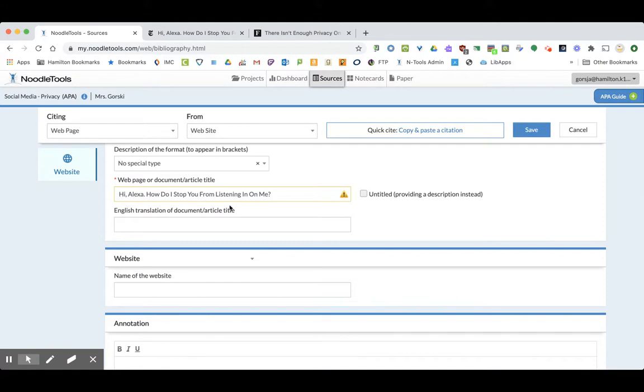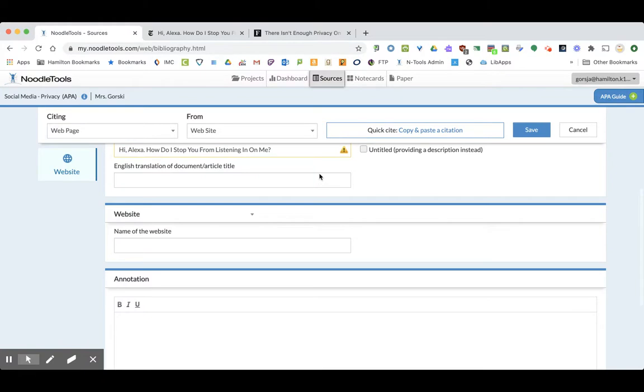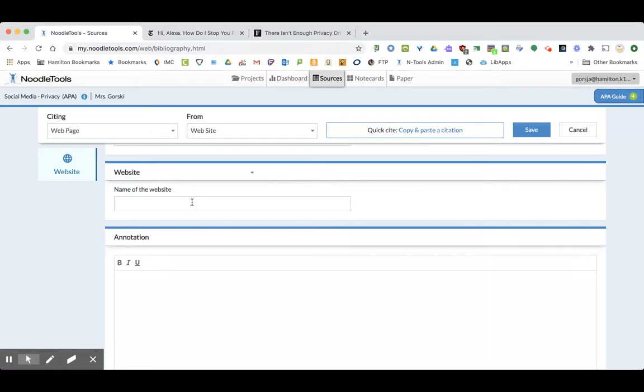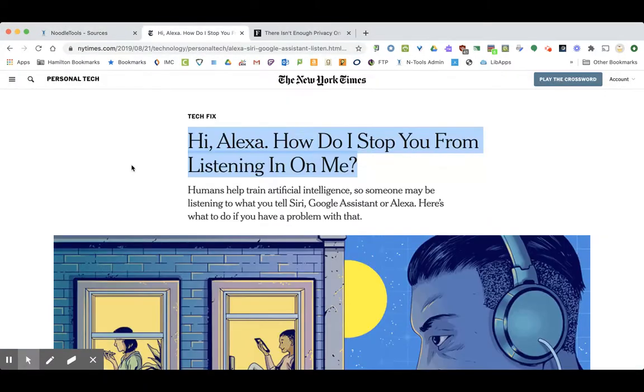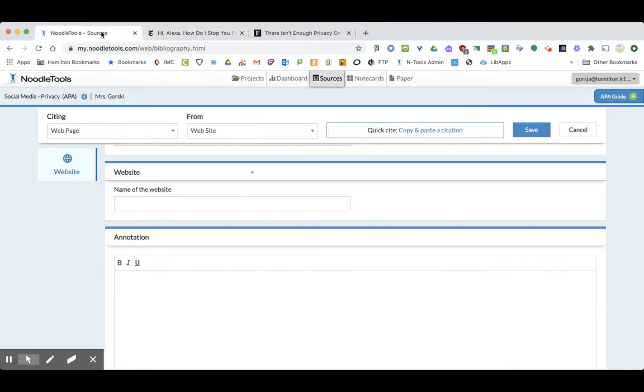All right. And in this case, because it won't fix it for you, you do want to make sure that the article title is capitalized. And then it's saying, what is the website? So now I have to go back. And again, where did I get this article from? I got this article from the New York Times. So the name of the website is